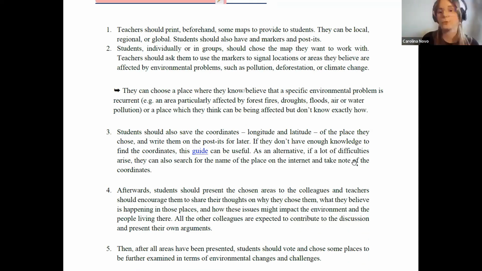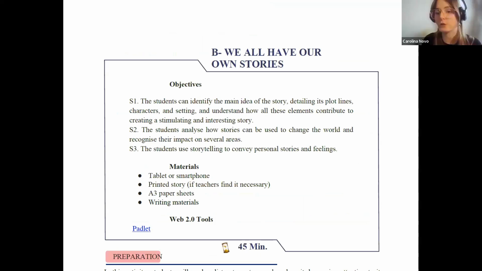And then we move on to part B. And part B is focused on storytelling. So our idea with this part is to focus on the reading, expressing, writing, communicating competences of students, because we know it's very challenging for them, and we know that these competences are really important also to promote their interest in school, their motivation, and also maybe to prevent school leaving and school disengagement.